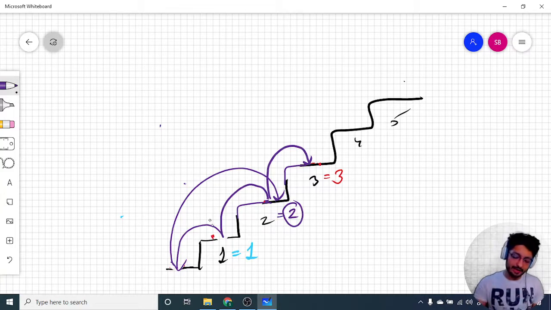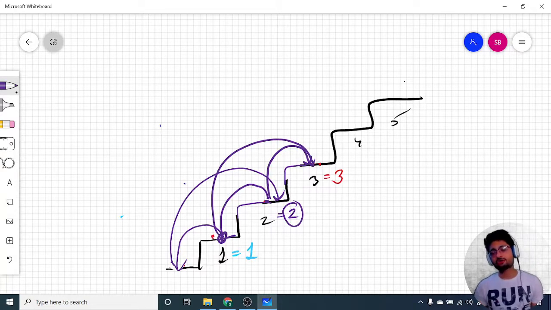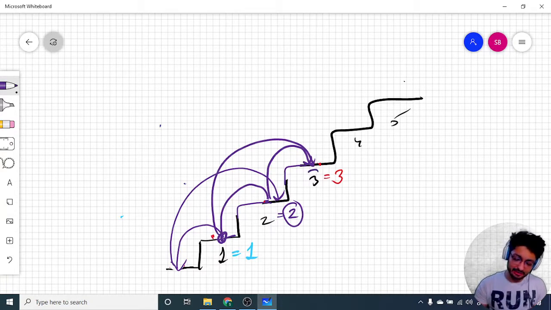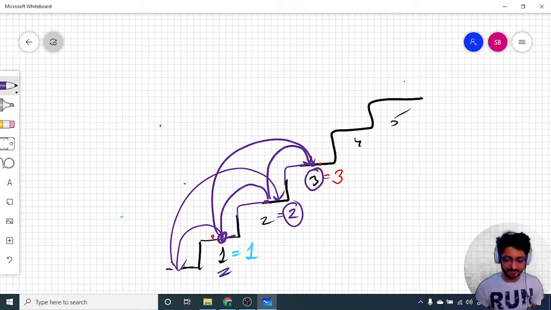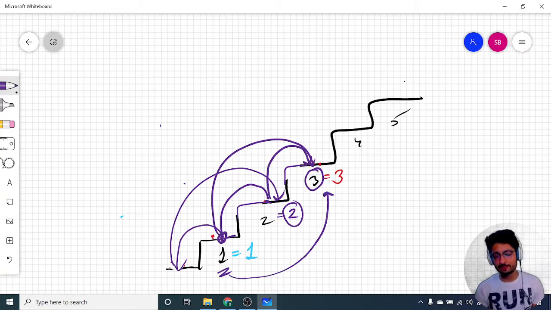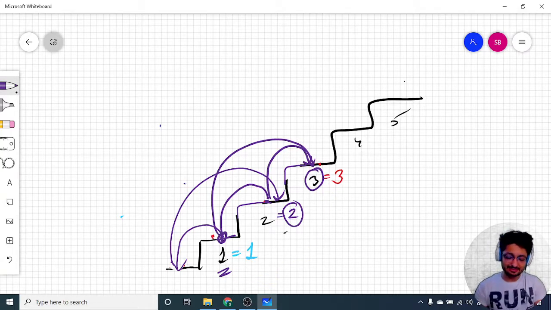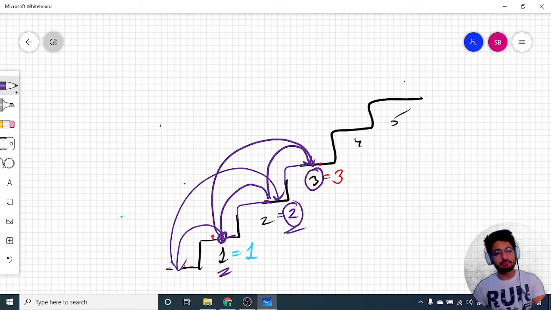Okay, and from the first staircase, if I am reaching at the first staircase, I also have 1 step to go like this. So it means that to reach the third staircase, if I am standing at the first staircase, I can directly go to the third staircase by doing a jump of size 2. And if I am at the second staircase, I can also reach the third by doing a 1 step jump. So if I am standing on any of these 2 staircases, I can directly go to that staircase by doing 1 jump.